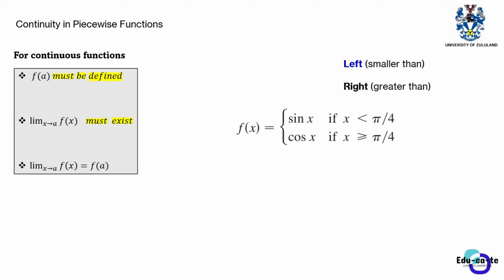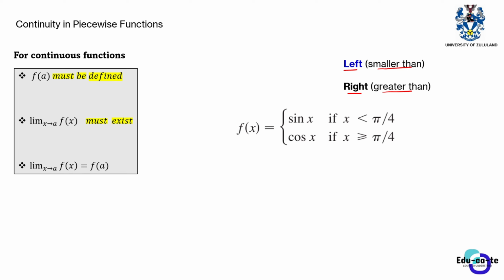I've said this before when we're doing limits on piecewise functions, that whenever you see left, it is the same thing as smaller than. So when we say that the values that are to the left of 2, we are talking about the values that are smaller than 2. If we are saying right, it is equivalent to greater than. So when you're talking about values that are greater than 2, like 3 and 4, they are to the right of 2. So now we want to see how can you actually find continuity? How can you determine if the function is continuous given this information?